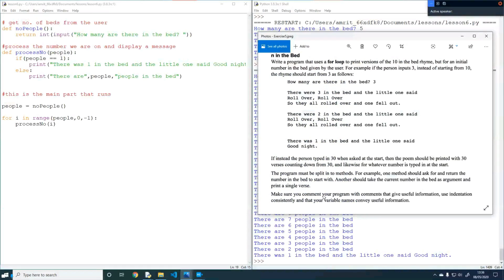I can't think of anything else in particular to say about this off the top of my head, but let me show you a more concise version, which instead of 3 lines, literally does it in 2. So for i in range, number